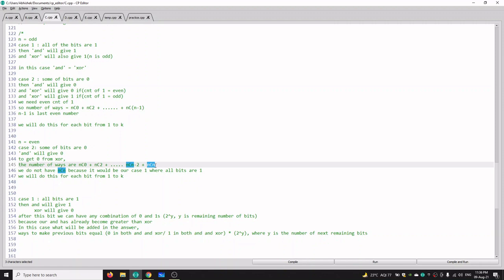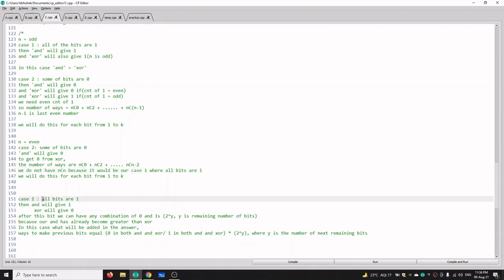Why are we deleting the last case? nCn means we are taking all the bits equal to 1, and if we take all the bits equal to 1, then our AND will not give us 0, and in this case we have already assumed that some of the bits are 0. Okay, now it's clear. So we do not have to take nCn because it would give us case 1.